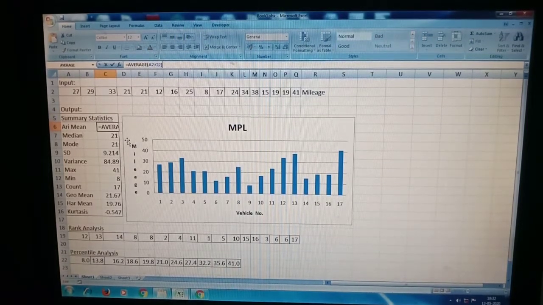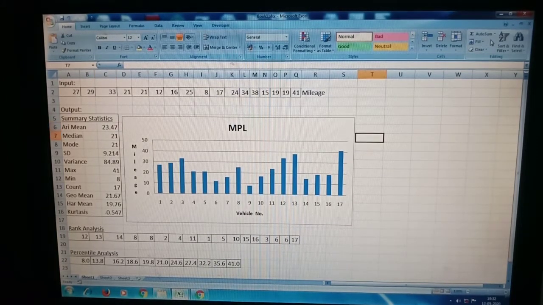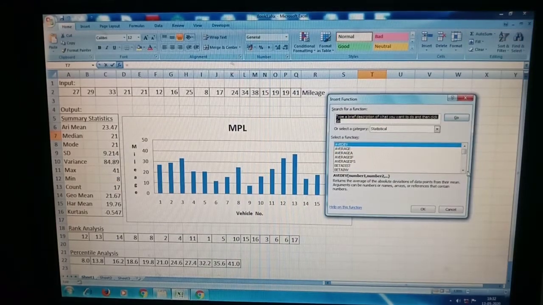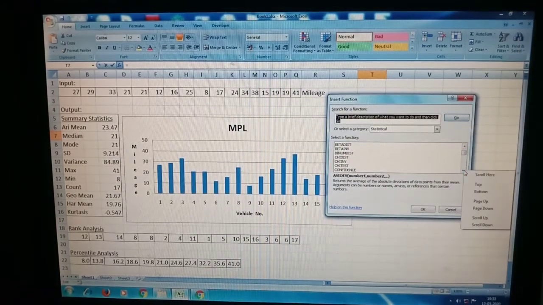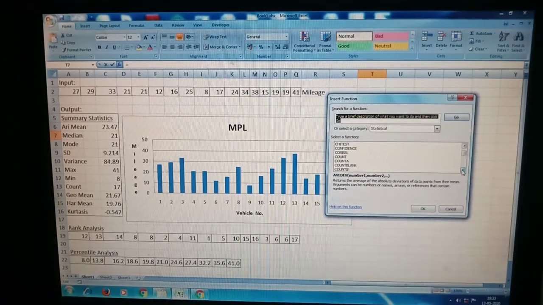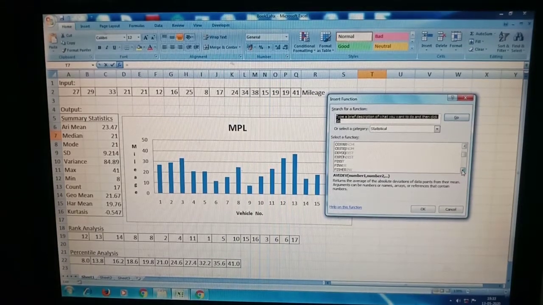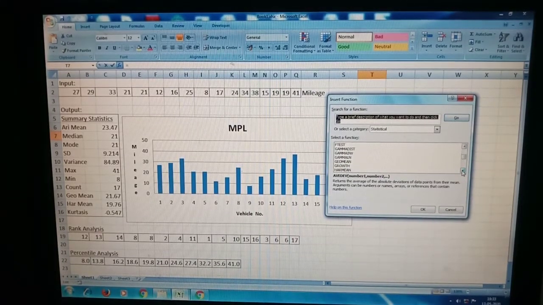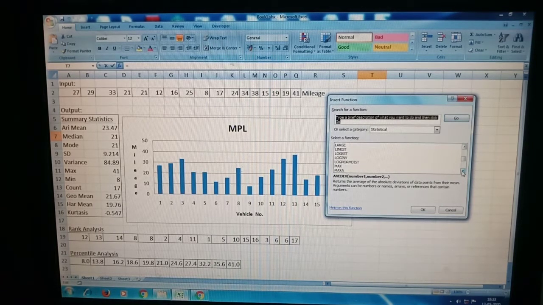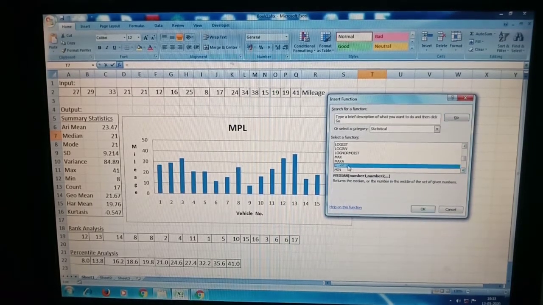Similarly, if you want the median, click here, more functions. Click median.